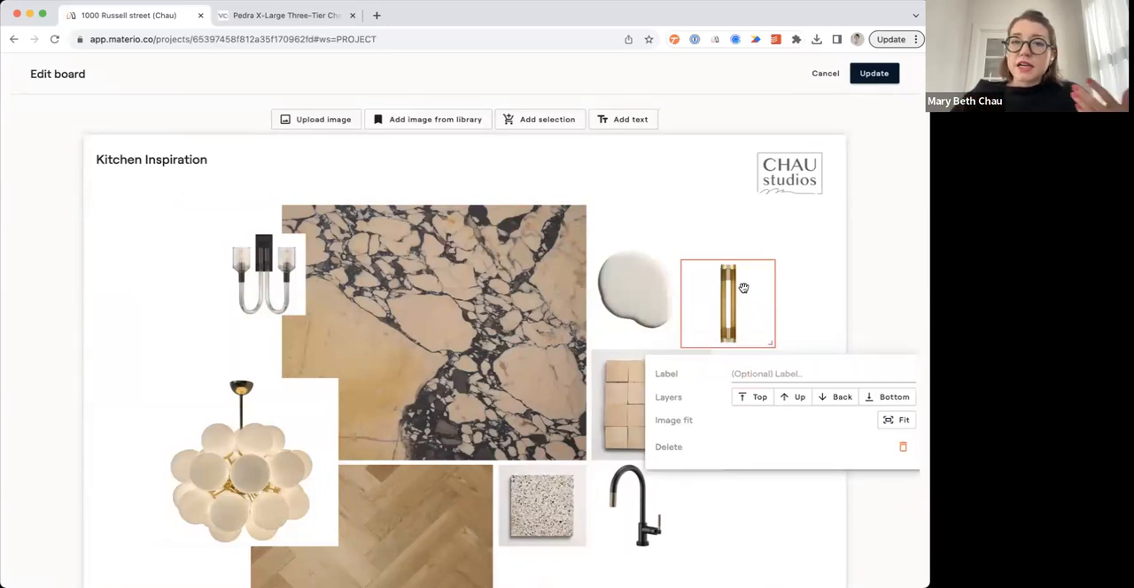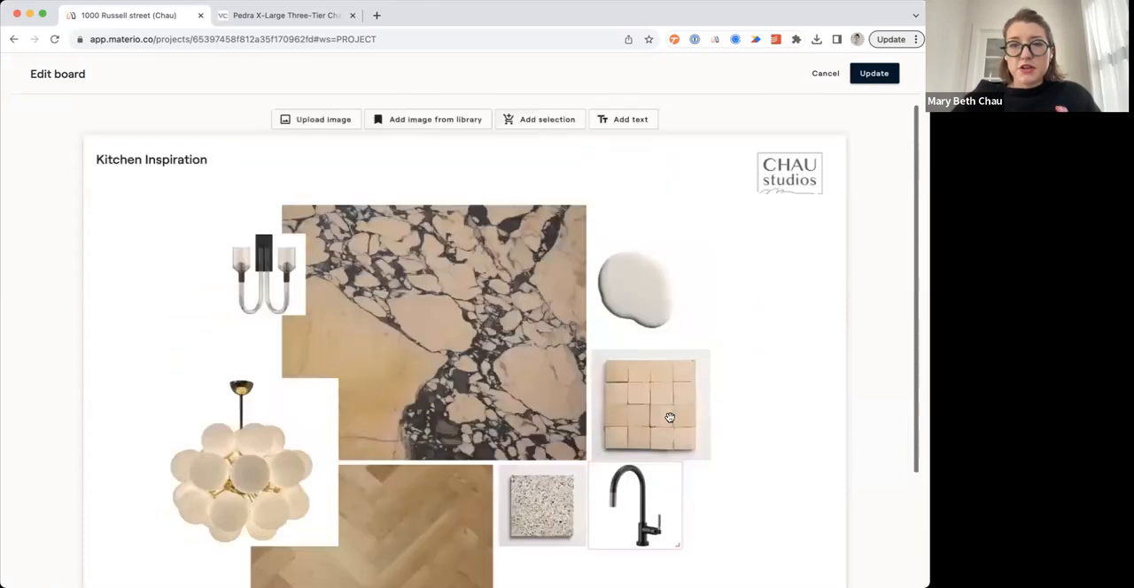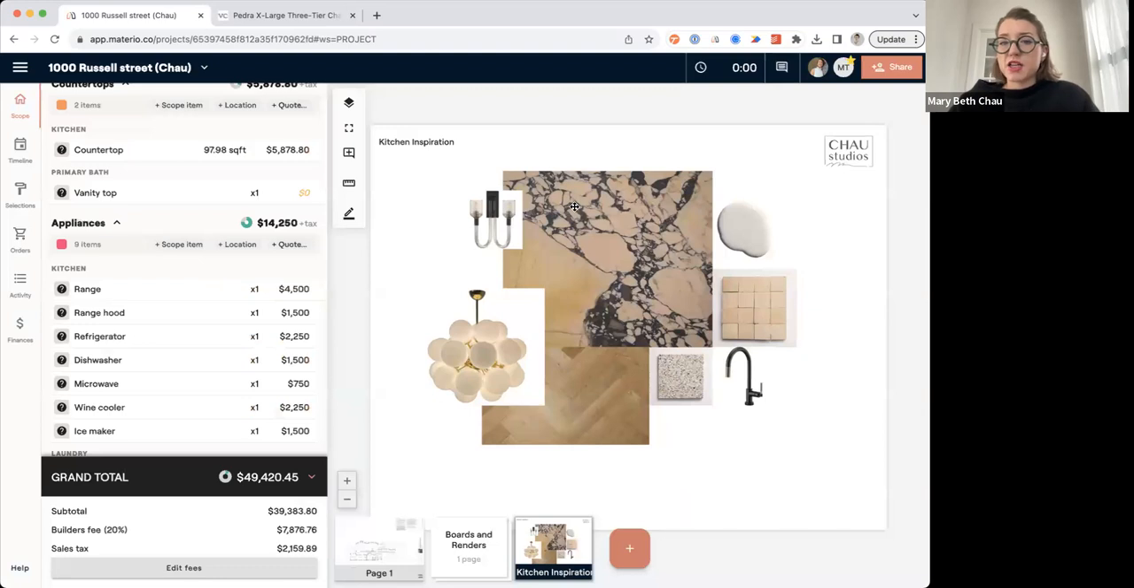or inspiration. Later, I'll show you how you can create a board using actual product that is connected to your scope. But I can build this out in Materio, and then I can save that and present it to my client, get their feedback. They can comment on this as well. We can go back and forth about things that they like or don't like,